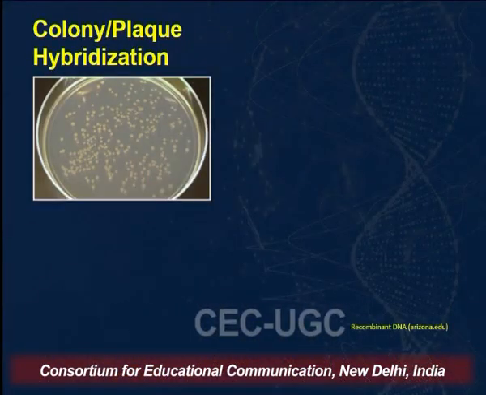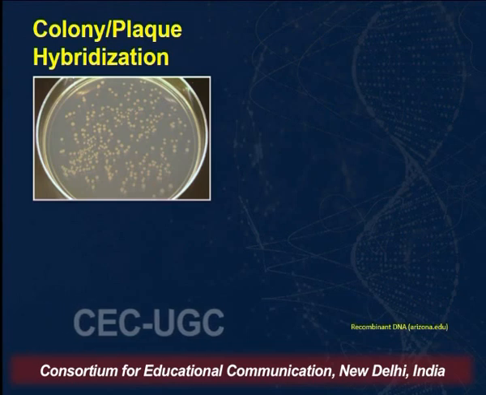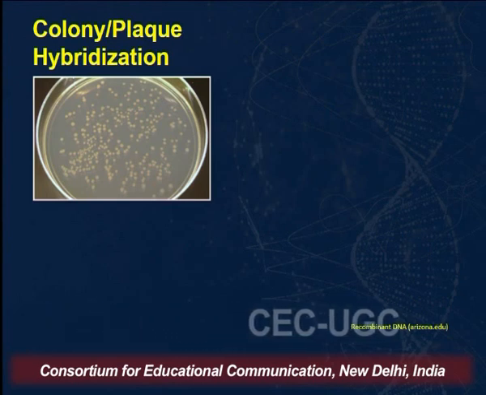Now, how do we use this for the screening of a library? When we are forming a library, depending upon the vectors we have used, we will have the recombinant clones in colonies in the bacteria. For example, the host organism is E. coli. If we introduce the recombinants into E. coli, we will have different types of colonies on the plate. The entire set of bacterial colonies contains the recombinant clones representing the entire library. But if we are using the phage